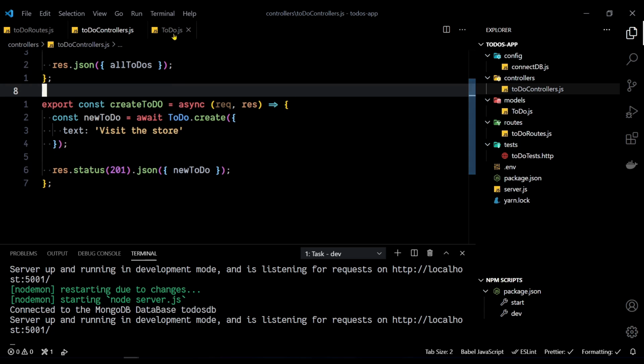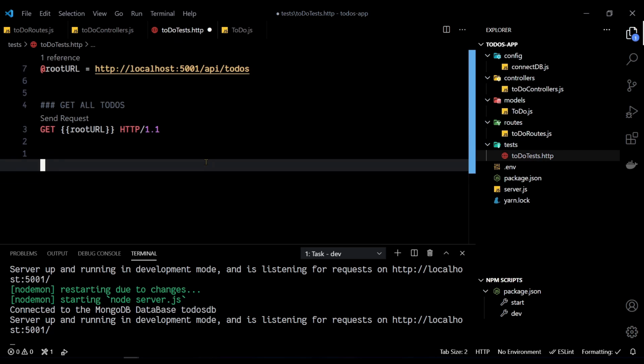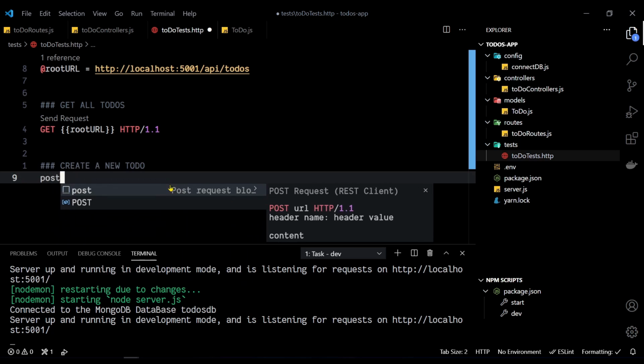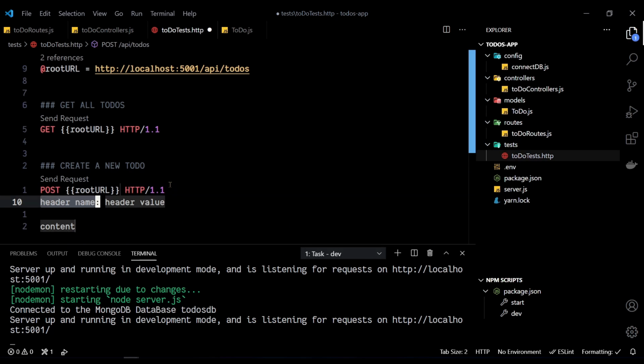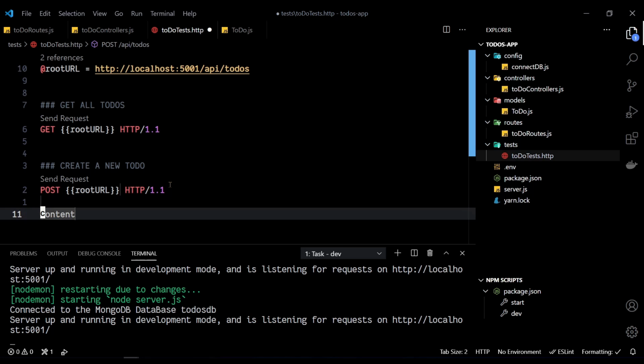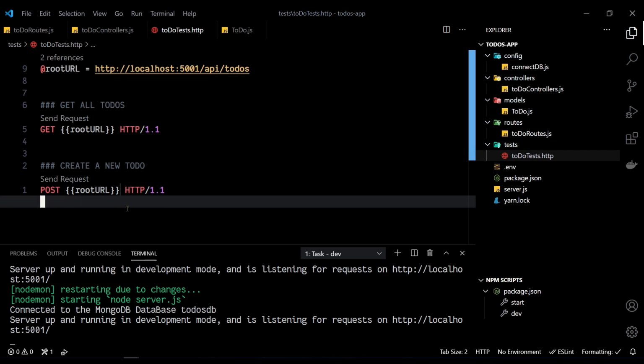Whatever I do inside my HTTP tests, it's a good practice to, not a good practice, I think you'll have to have two empty lines between each request. So create a new to do, and it will be a post request. We have that. I'll use the root URL, and the header, I don't want to pass in any header and no content. Since I'm not passing in any content, I don't need to set any header. And when I do that,